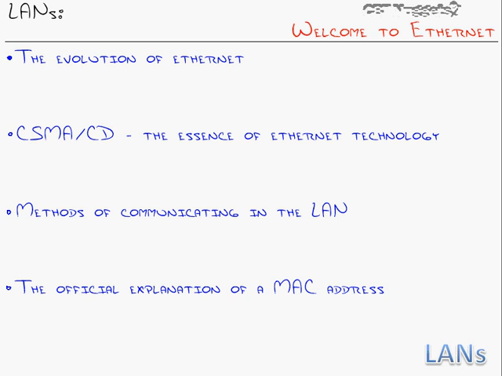1973, Xerox began the evolution, and it's progressed ever since into some speeds that I'm sure people didn't even dream of back in that day. Then we talked about the essence of Ethernet technology, CSMA-CD, which is the rules of communication. Essentially, it senses a signal, it listens. If nobody is sending, then the Ethernet card is allowed to send. Methods of communicating in the LAN, we talked about 3 of them: unicast, broadcast, and multicast. 3 different ways you can send messages. And then finally, we saw the official explanation of the MAC addresses. It is split into 2 pieces. Half represents the vendor, half represents the unique